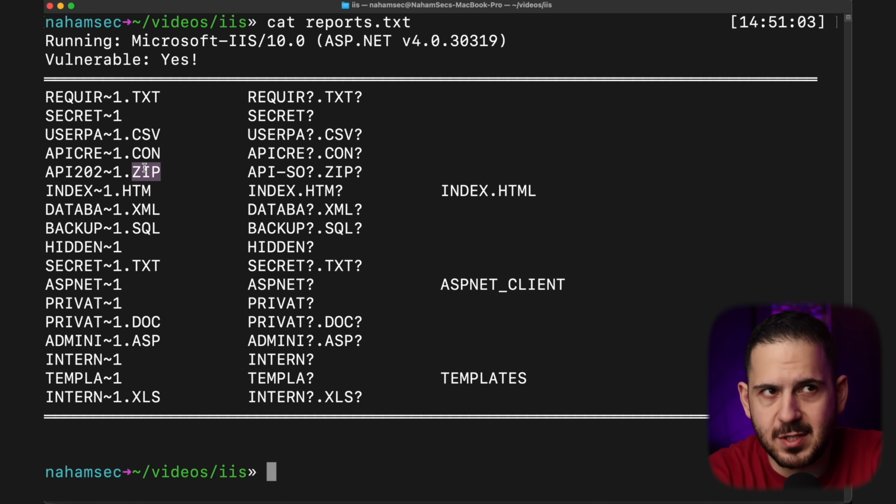The one that I found was not a zip file, it was a DLL file because it's a Windows application and that's what the source code was. But in this case, we have a zip file. I wanted to figure out what this zip file is, because if I get access to this zip file that has something in it, hopefully it's a backup, hopefully it's source code, hopefully it's something that I can use, then probably I could find more vulnerabilities than just reporting this IIS short name on its own,